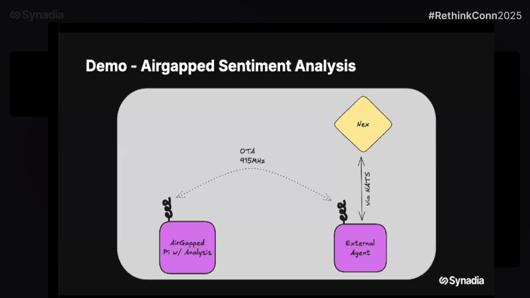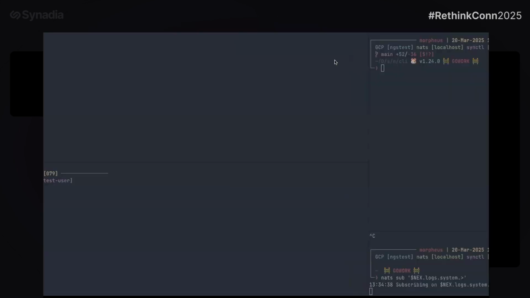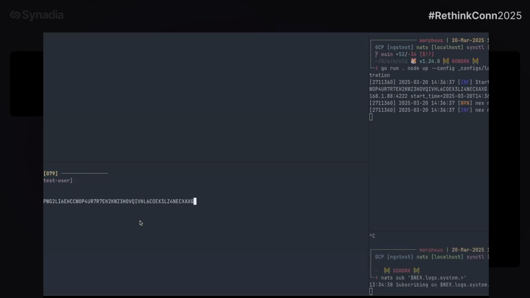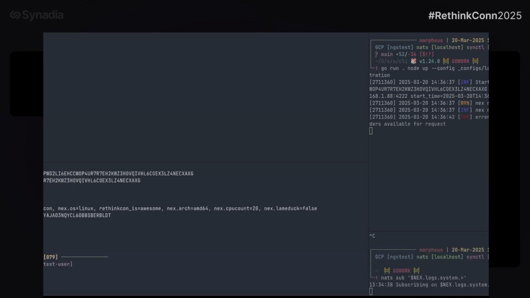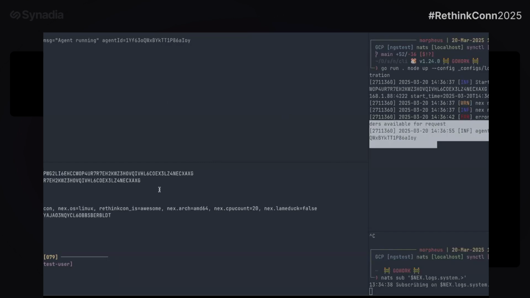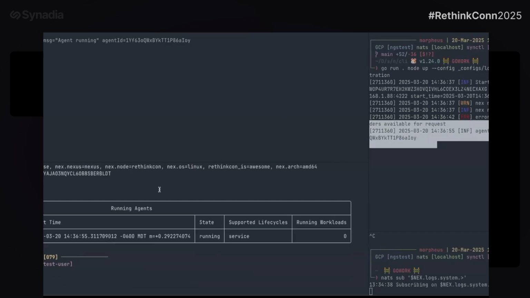All right, now let me change some screens around. A quick download of the screen. So over here, we're going to start Nex, and we're going to look at the node, and we're going to see that we have no agents running. So there's really nothing that this node could do at the moment. If we start the external agent over here on the Pi, you'll see all of a sudden an agent's registered. We'll relook. We now have this remote agent running with no workloads.